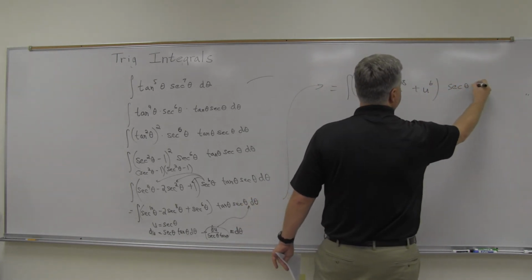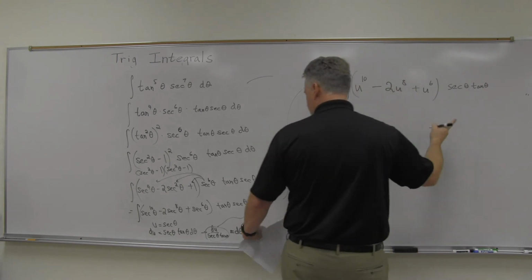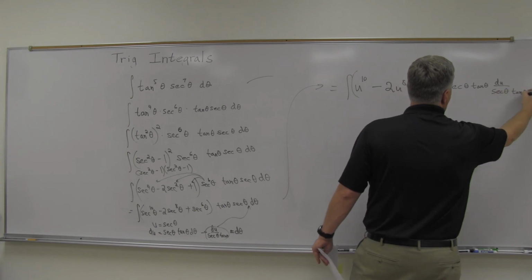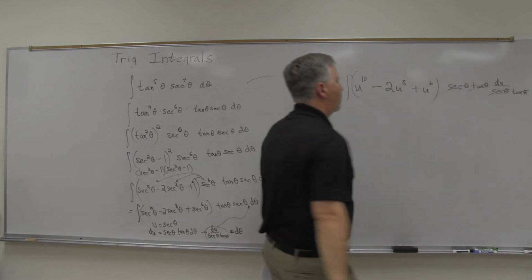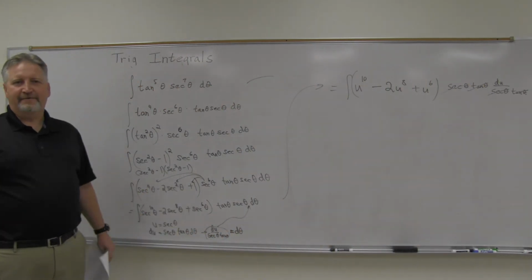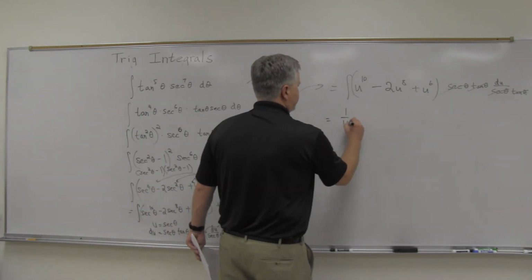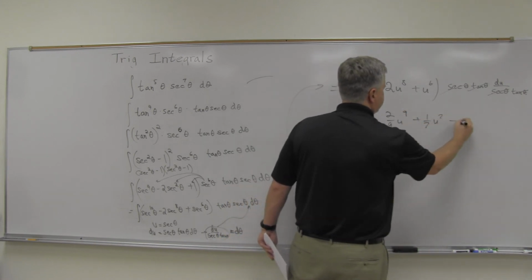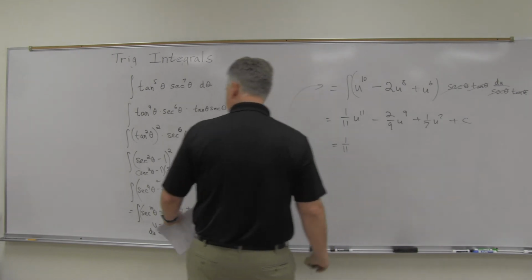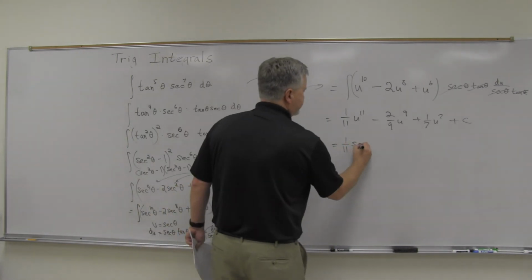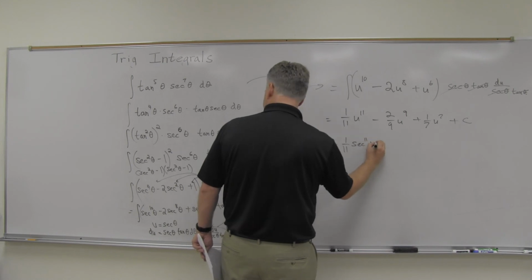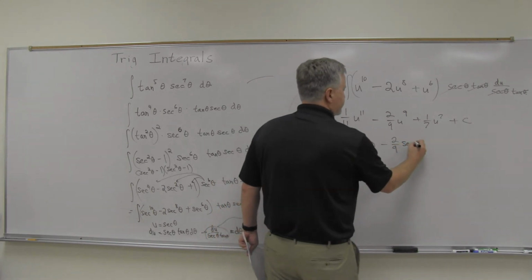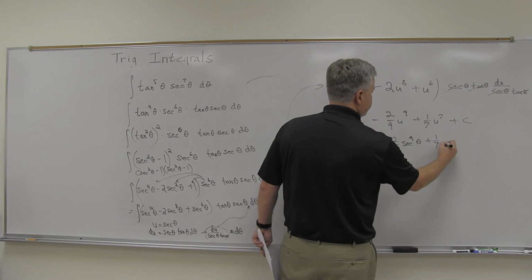And then, as you can see, those secant theta, tangent thetas are going to cancel. So now we just have power rule. 1/11th u to the 11th minus 2/9 u to the 9th plus 1/7 u to the 7th plus c, and then change those back. The u was secant, so it'd be 1/11th secant to the 11th theta minus 2/9 secant to the 9th theta plus 1/7 secant to the 7th